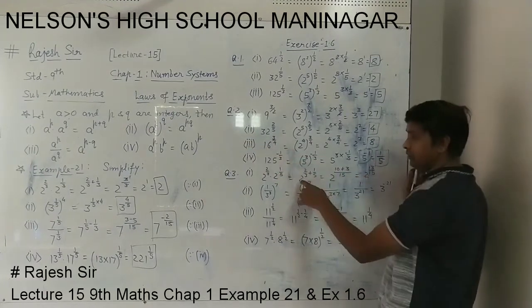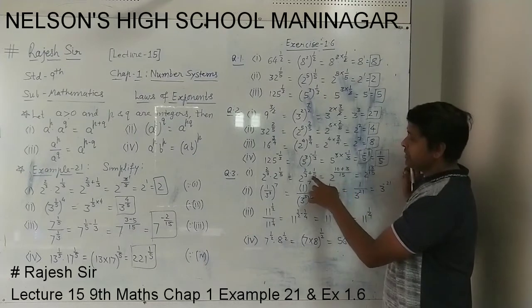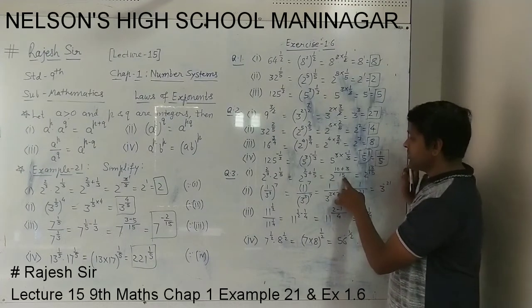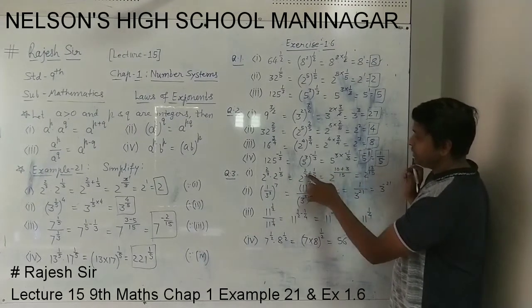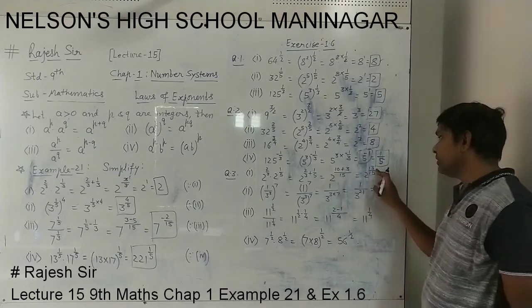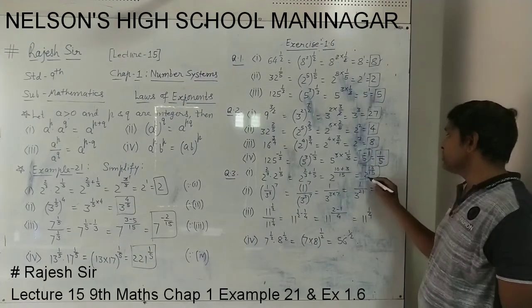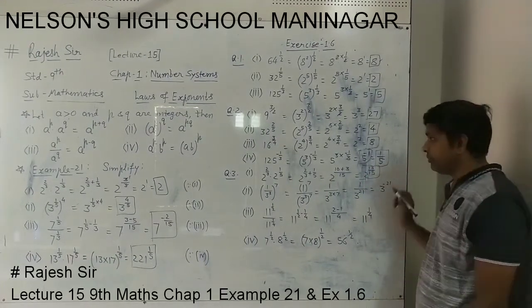Addition, first law. So 2/3 plus 1/5. 2 raised to, as it is, 5 and 3, LCM 15. Here 5 twos are 10 and here 3 ones are 3. So 2 raised to 10 plus 3, 13, upon 15. So finally the whole answer is 2 raised to 13 by 15.